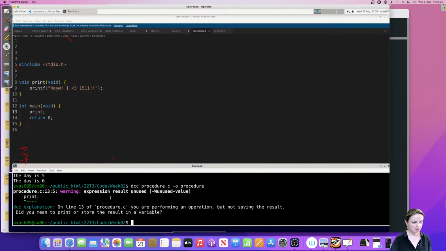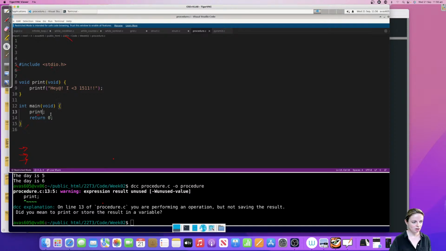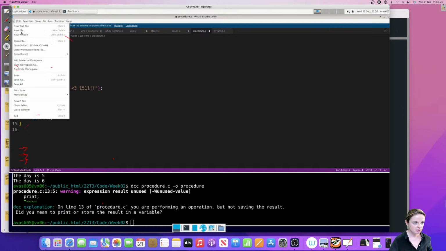So what's happened here? On line 13 of procedure.c, you're performing an operation but not saving the result. Did you mean to print or store the result in a variable? It's got no idea what I'm doing because I'm not really telling it to call something. And this is a common mistake, which is why I'm doing it. So because it is a function, even if I'm not giving it anything, I'm going to pop the brackets in because I'm calling it.